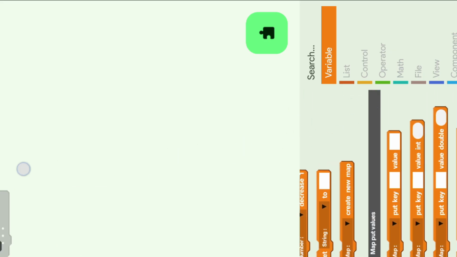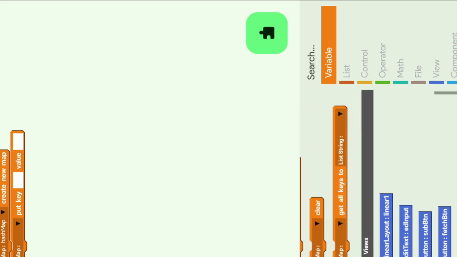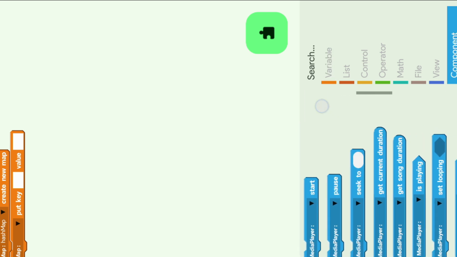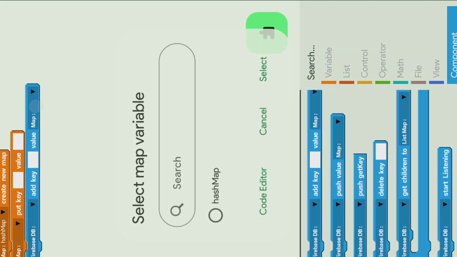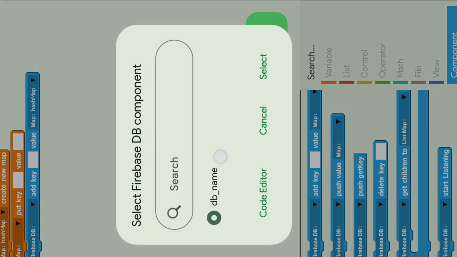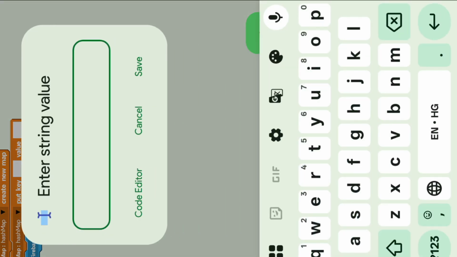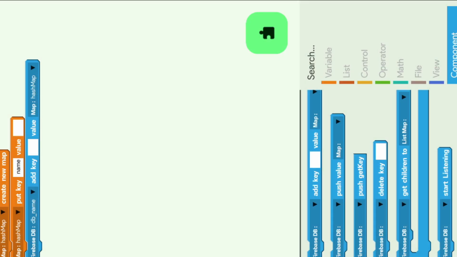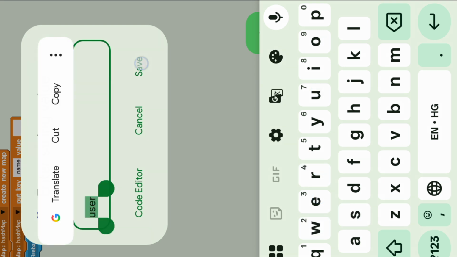And drag this component here and drag this also, and go to component, find this block, add key, select the map, select the DB, select the map here also, and set the key name, which folder you want to store user data in. So I want to store user data in the user folder.